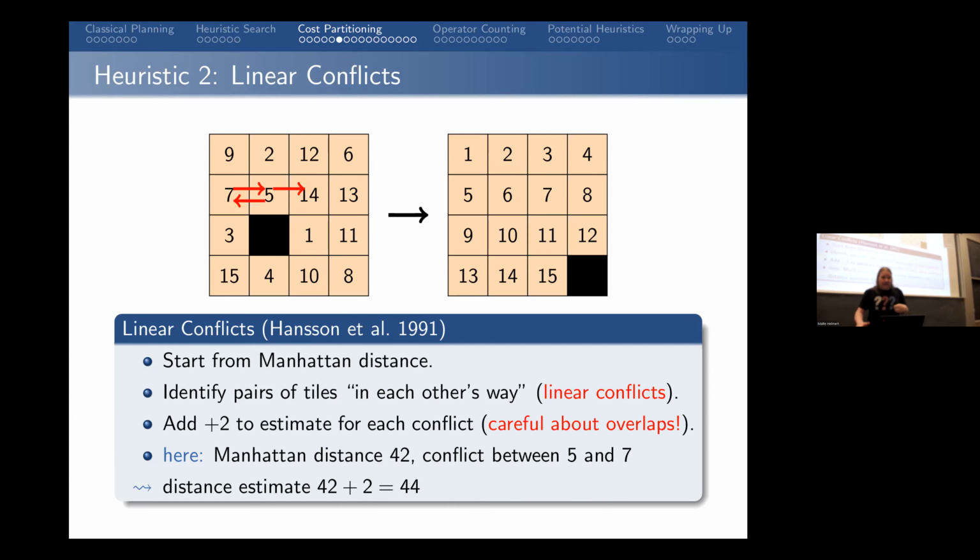So that's the idea of linear conflicts. You identify pairs of tiles that get in each other's way, and for each conflict, you add +2 to the estimate. And now we're actually, again, at the point of that question, you have to be a little bit careful about this because